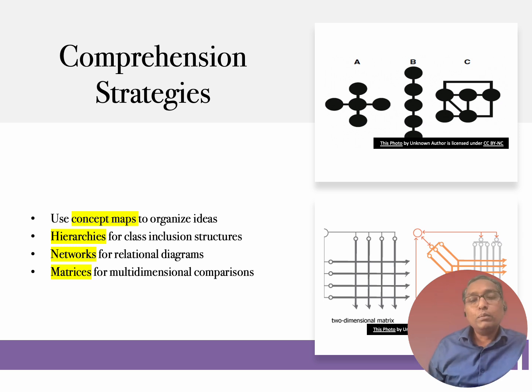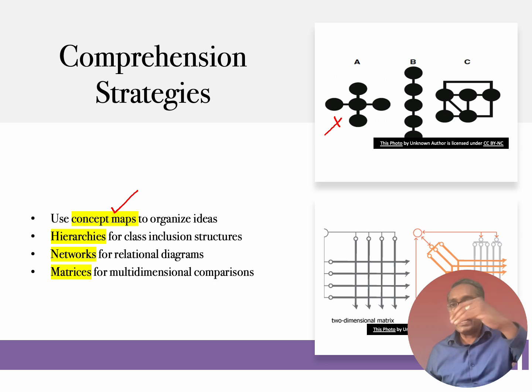In that sense, there are many strategies. The basic idea is to have some external organization. It could be a tablet, a computer, your iPad, or a paper. You can use concept maps to visually represent externally what you've learned, or if there is some sort of hierarchical structure to what you're reading about, like birds, animals, vertebrates, whatnot, then you can use hierarchically structured concept maps, right?